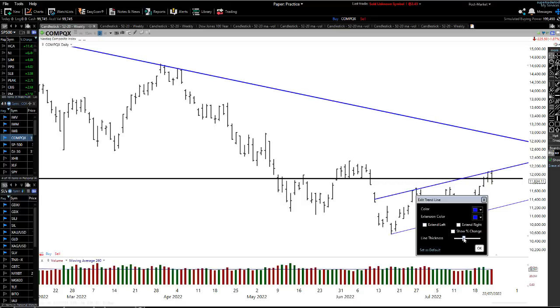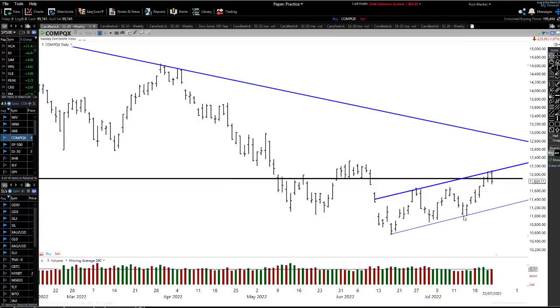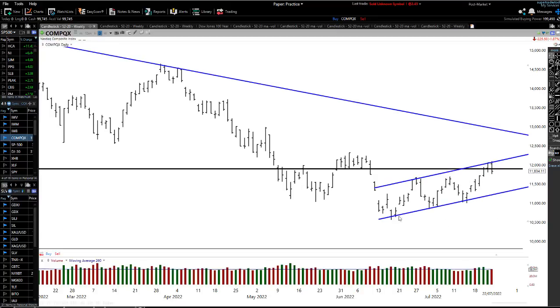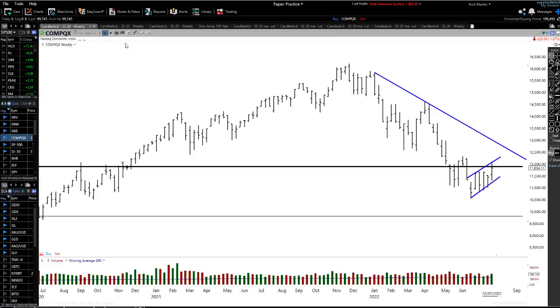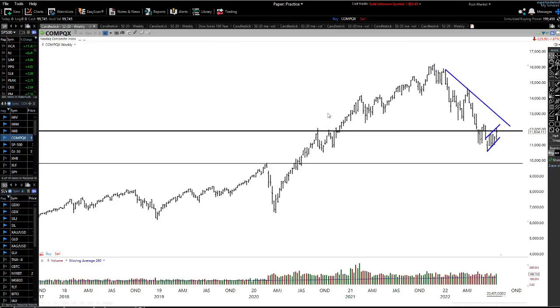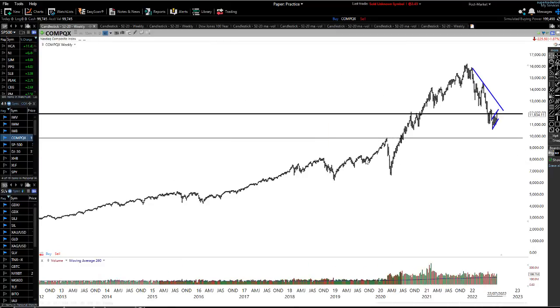If I make that a lot thicker from there to there, and then you can see how I create the parallel trend line again, and you can see that's a sort of flag formation through there. So the Nasdaq is definitely on a very slow grind to the upside. The danger of where we are right now is that if we start to break below this flag formation or channel formation, then the major support level I have, and if I go back to my weekly charts now on the Nasdaq, is somewhere around about